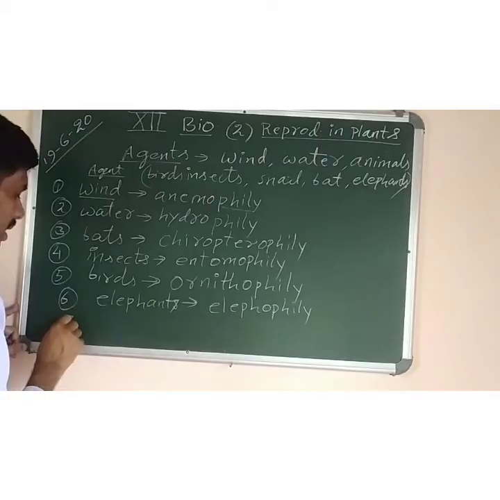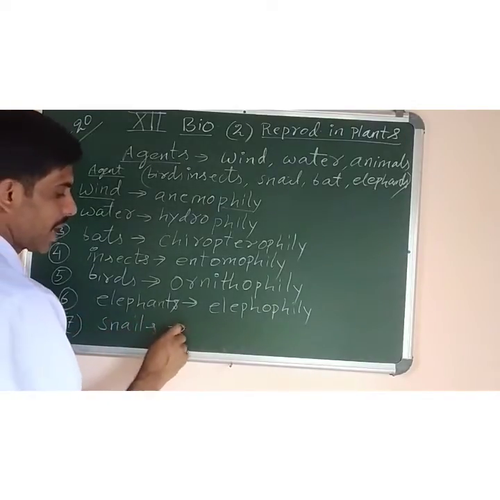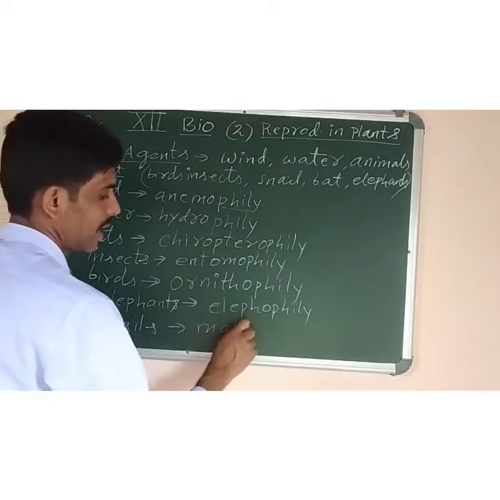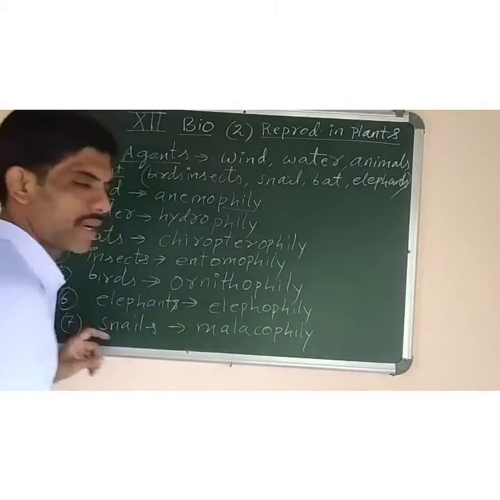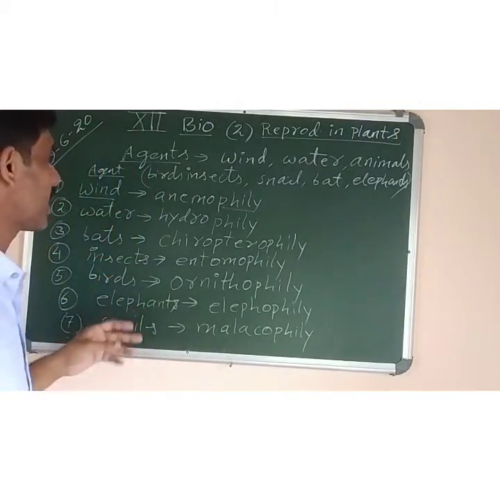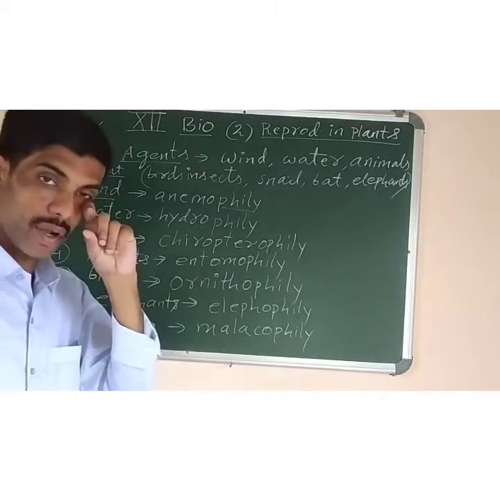If it is done by snails and slugs, it is called malacophily, M-A-L-A-C-O, P-H-I-L-Y. So these are the different terms which are used. Now one by one I will discuss some of the characteristics of each of them, like the wind pollinated flower or